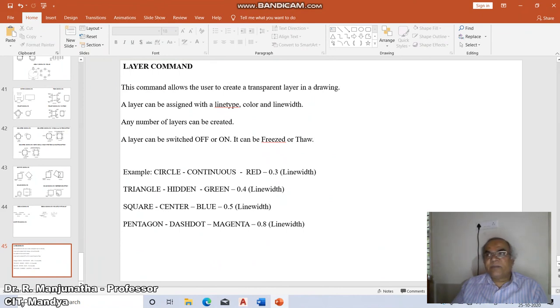We will take up a very small exercise wherein we will create a layer of circle, and the line type is continuous. The color of the layer is red, and the line thickness is 0.3. Then we are going to use a triangle layer.